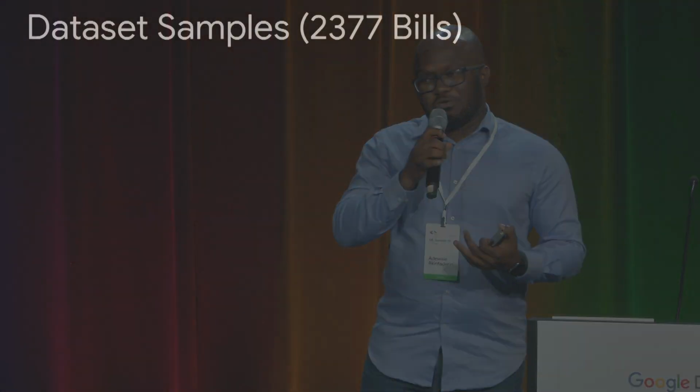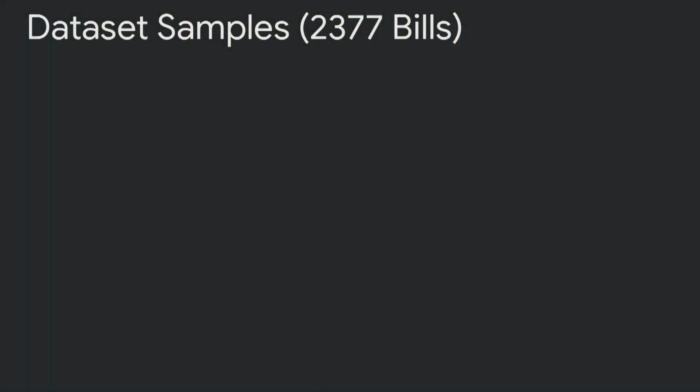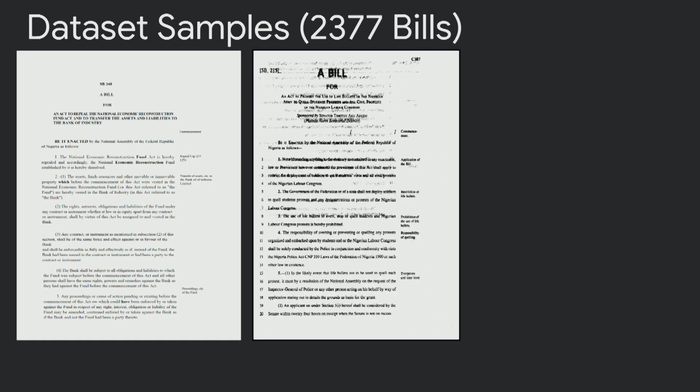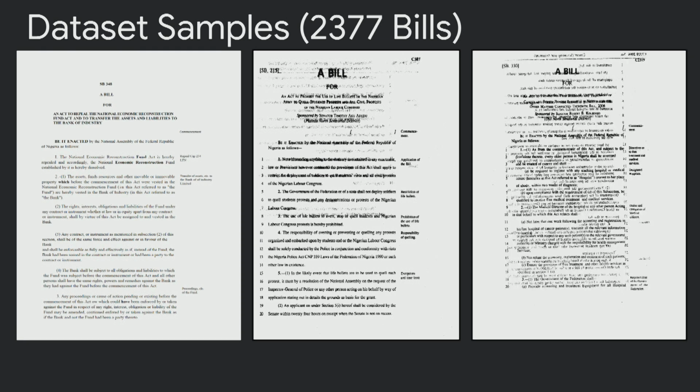And what we saw was that the bills have a different variety of quality. So you have this first one, which is a pretty good bill. The text is embedded in it, so the quality is good. And then we have another one, which is not so good. This is probably from maybe 2006. And we have this last one, which is really terrible. And these are some of the data sets that we have to work with.